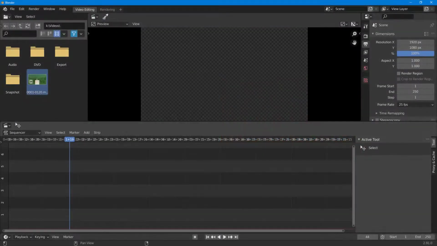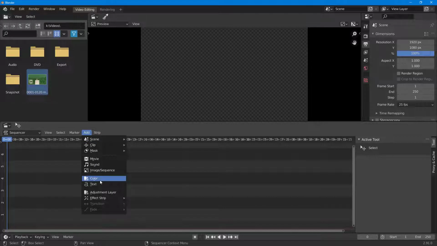If you want to add in a background color or you want to add in a color on top of a video to give a new look, then you can easily do that inside of Blender inside of video editing mode. So to do that, I'm going to go around, and then here you can see that I have a blank video editing document. And if I want to add a color layer, then I can simply click on add,